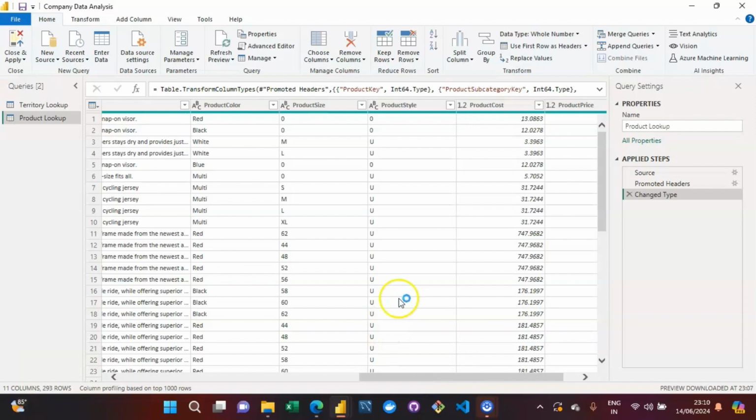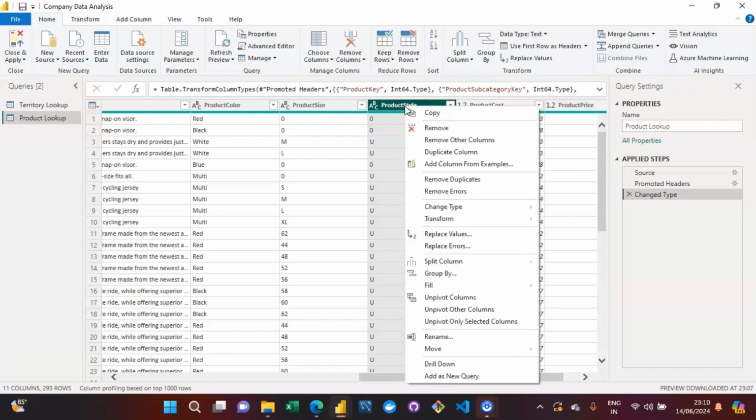Okay, so for our specific use case, we are not exactly going forward with this specific column, that is product style. So you can just simply right click over here. You'll see so many options, right? Like you can replace some values, you can replace the errors as well, you can change the data type, and you can transform that specific column. You will be able to perform these options if you have text data. Each and every functionality you can have by right clicking on a specific column. And just because with respect to our use case we are not interested in this specific column,